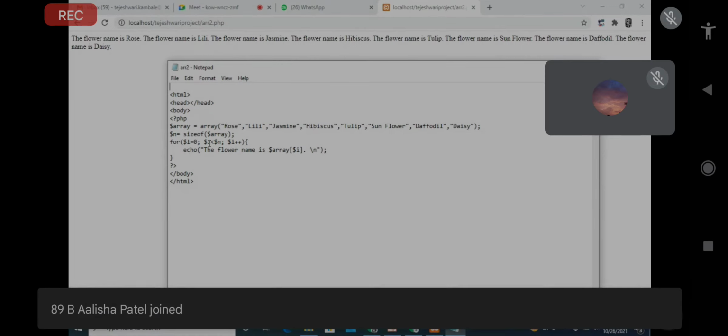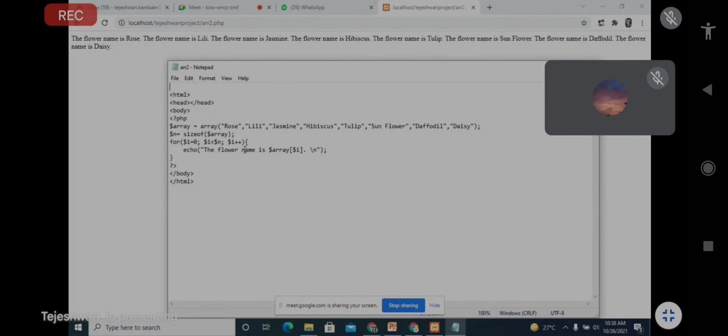It depends on you, but I want to first find out the size of the particular array. So first you declare a second variable, that is $n, equal to sizeof in brackets $array. First find out the size of all the elements in the array, and that will be stored in the variable.